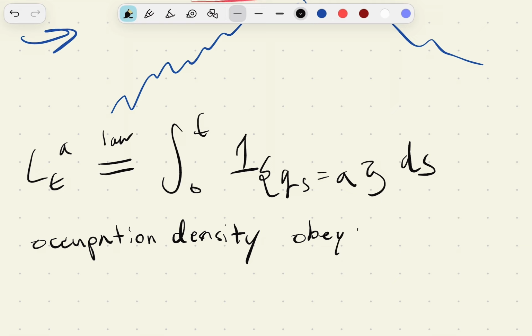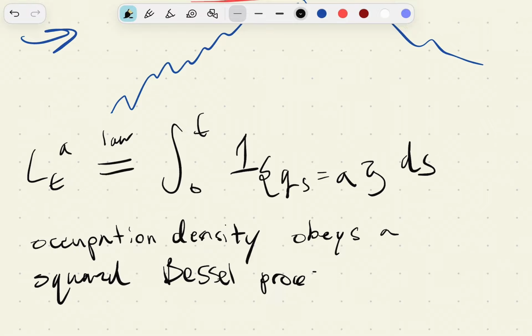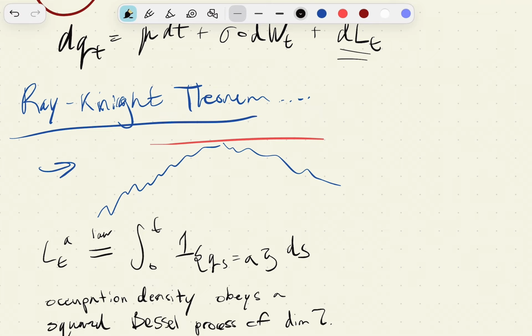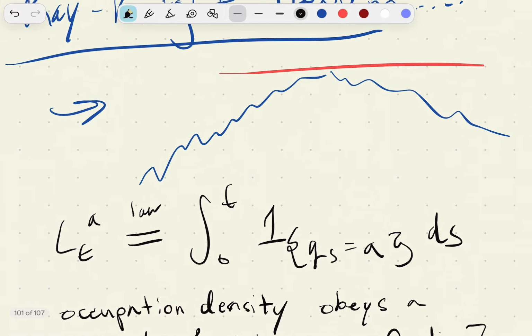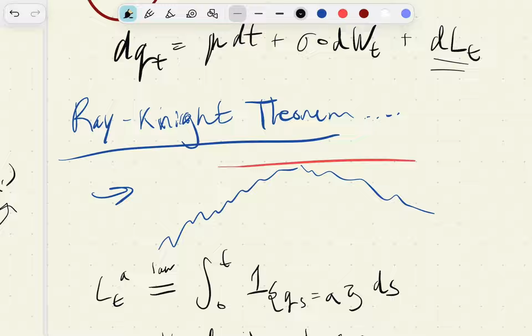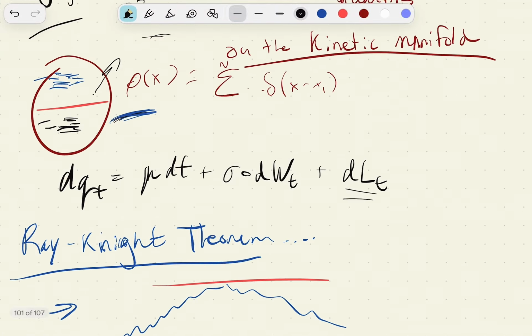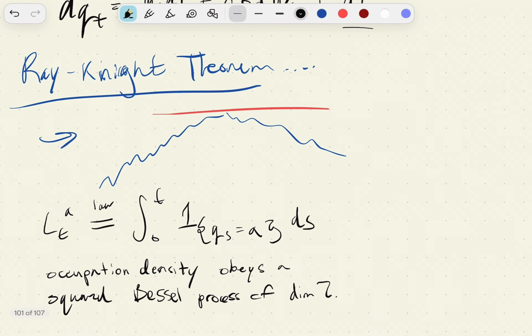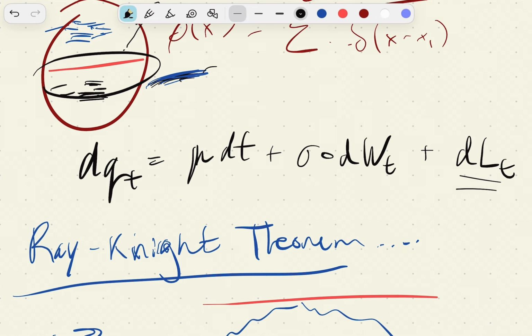It obeys a squared Bessel process of dimension 2. So the local time occupation will directly quantify the time that the mid price spends pinned at each order book level, supplying the exact measure of Q depletion, or just the depletion of all of these